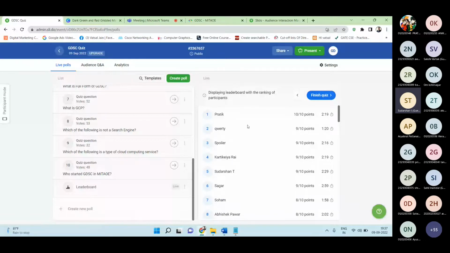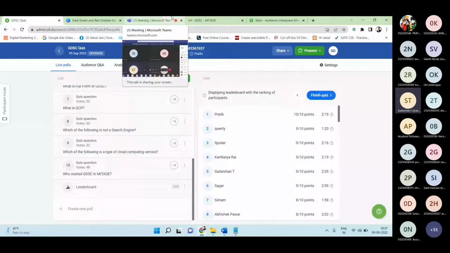Oh, interesting username. Third is Spoiler. Fourth is Kritika Rai and fifth is Sudarshan. Okay, so it is a tie, 9 out of 10. So let's move further. So those who have won, let's see what they will get. So Pratik has won this quiz. So now let's move further.